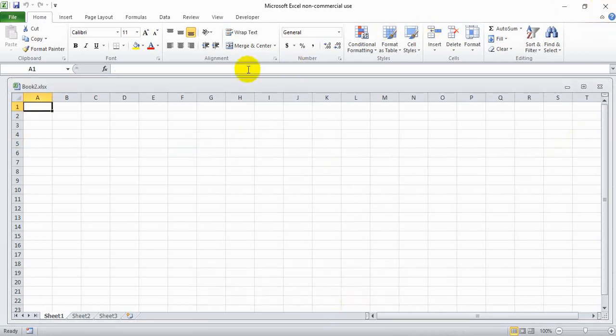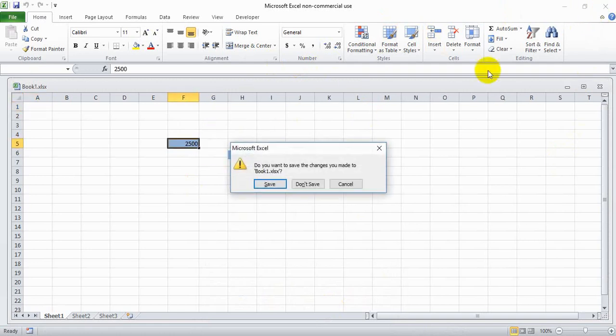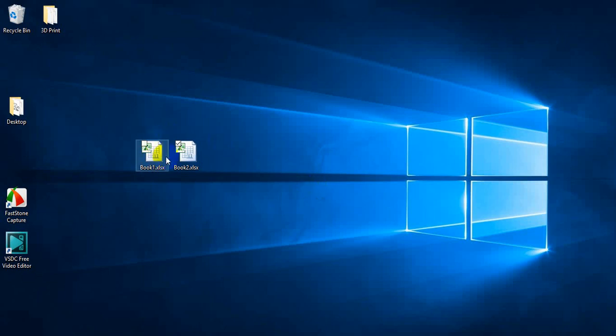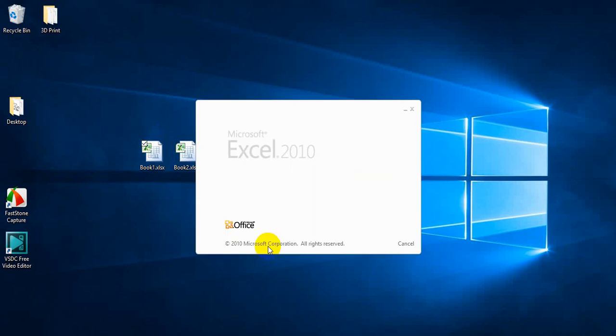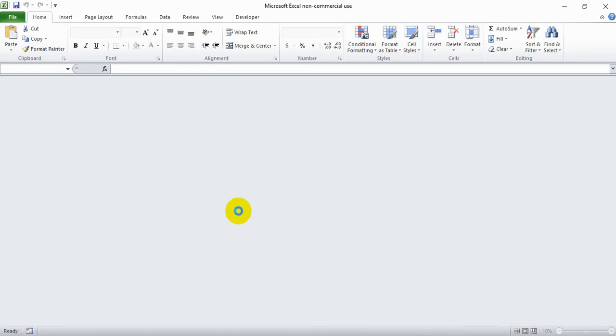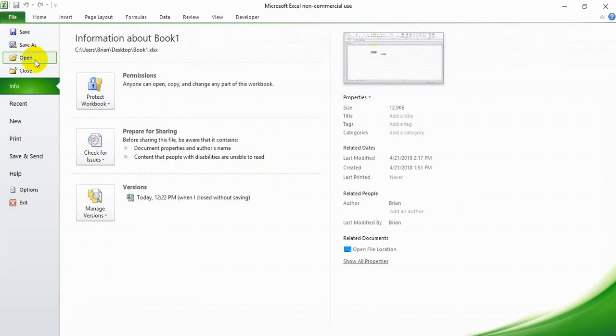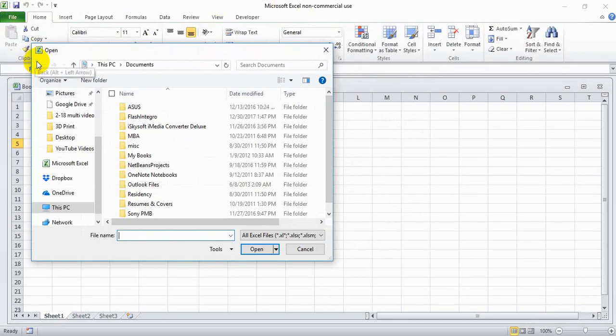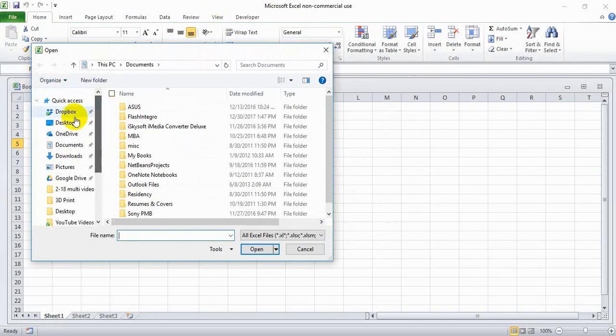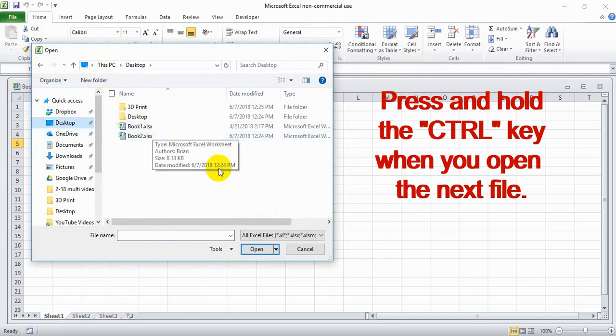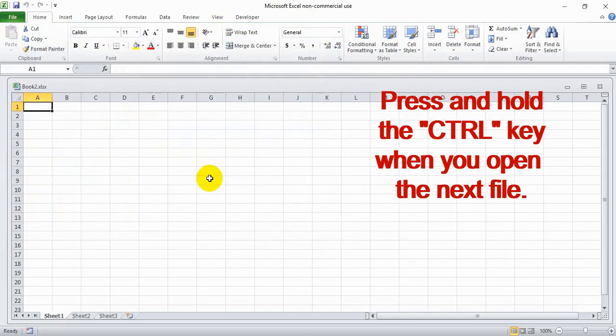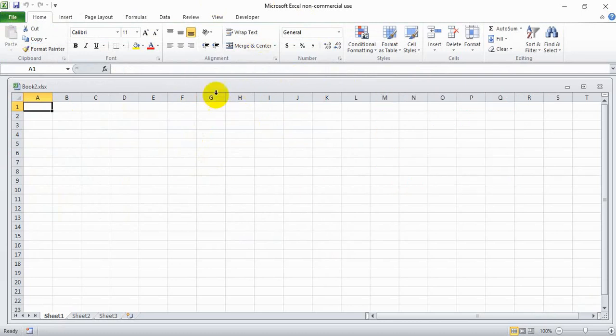In order for them to both open up in one window, we're going to do that by opening one of the two workbooks. It doesn't matter which one, but we'll open one of them at first. So in this case I picked book 1, and then I'm going to go File, Open, and book 2 is on my desktop here. So I'm going to press and hold the Control key when I press book 2. So I just double clicked on book 2, and then book 2 will come in and it will supersede